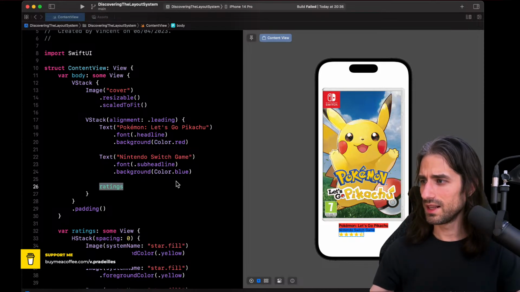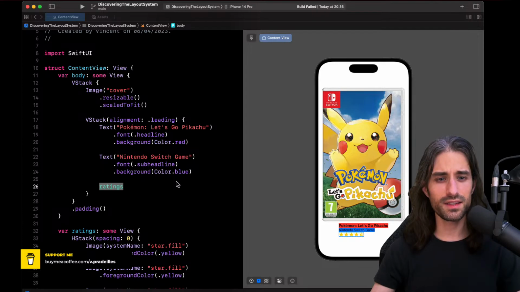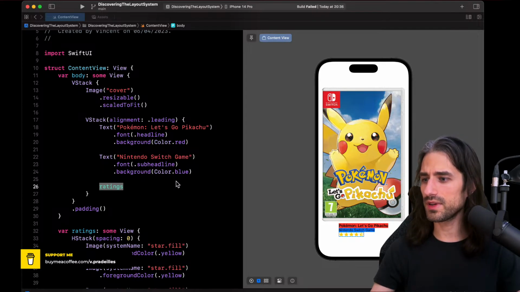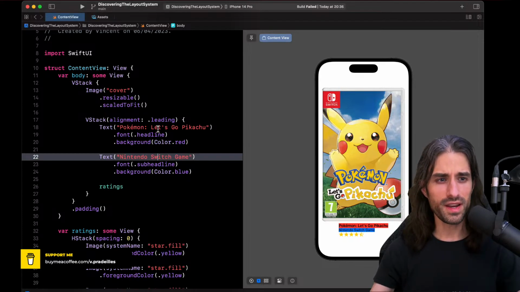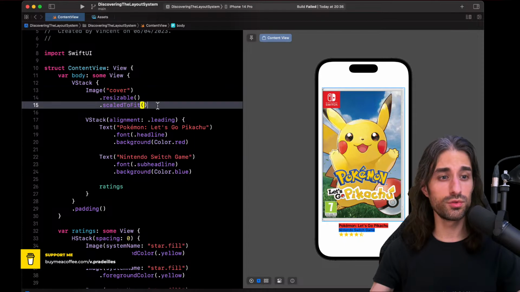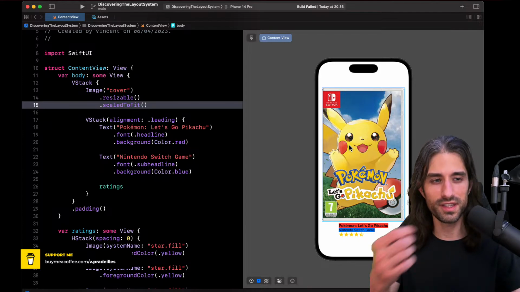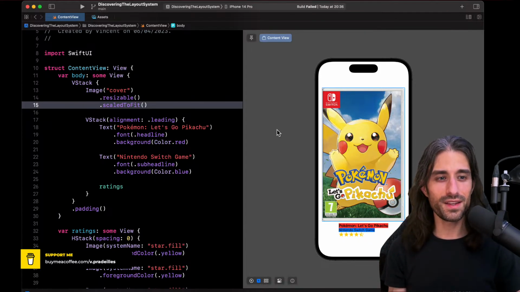All right. So let's do something next. Let's add a very, very, very long text. Before I add this very long text, I'm going to want to make the image take a little bit less space, because right now there is no space available to display a long text. So how could I do it? How could I tell the image don't take more than that amount of space?